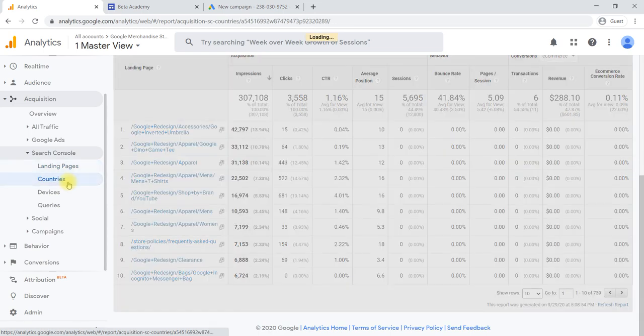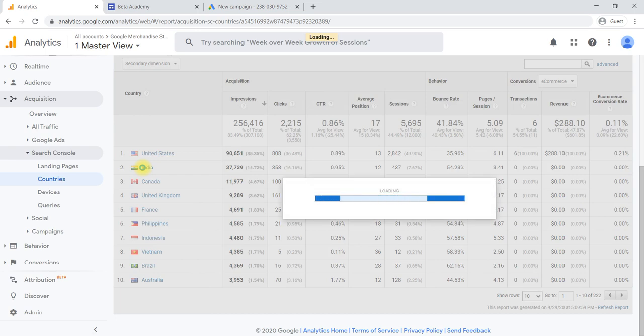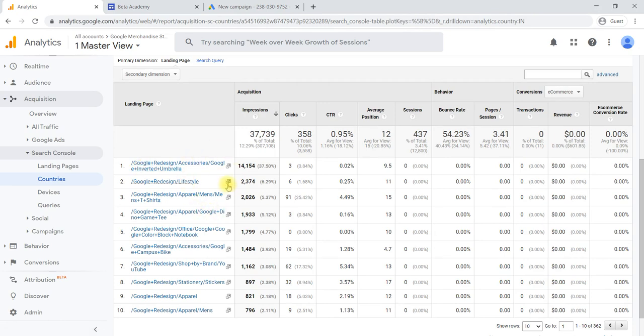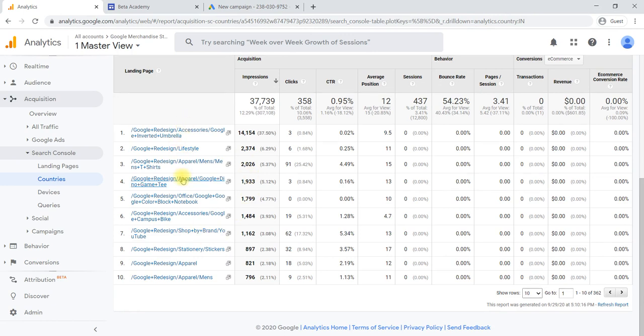Second, country wise we can also analyze this. One is product basis, second one is location basis, right? It will help you check which location you need to promote more. In India, for example, if I select it, I will get to know in detail about India, like which products have been considered in India. To get to know in detail what type of product is preferred by a particular location, we are using country analysis.